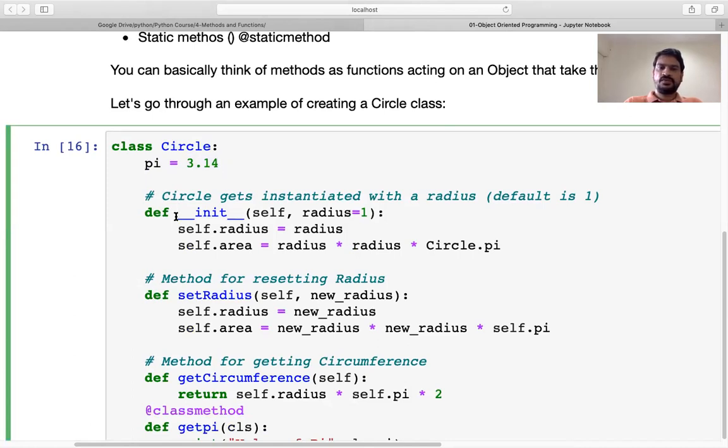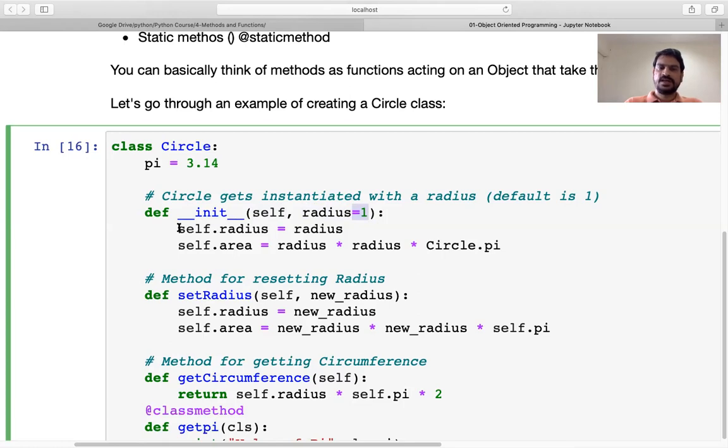Now after that, we use some attributes, right? For making the attribute, we have the init function. We use self there. Self is used for the reference to the object that we'll create. And we'll take an attribute called radius. So Circle has an attribute called radius. The default value is 1, meaning if we create an object and do not provide any value for the radius, it will take 1 by default.